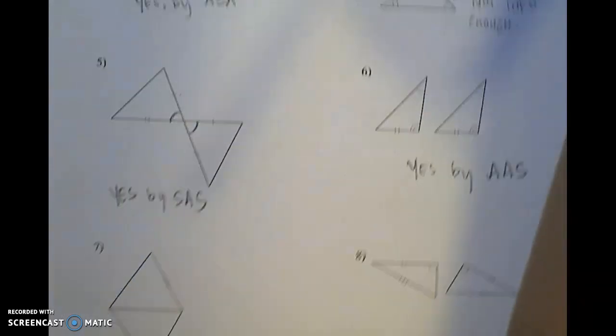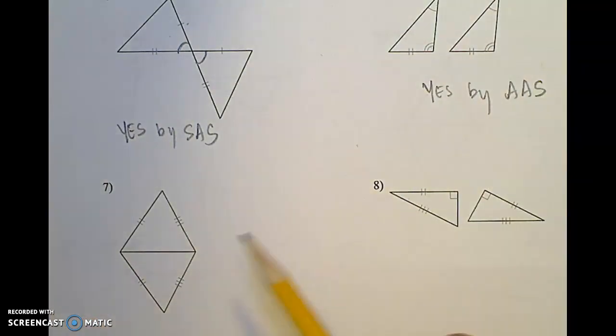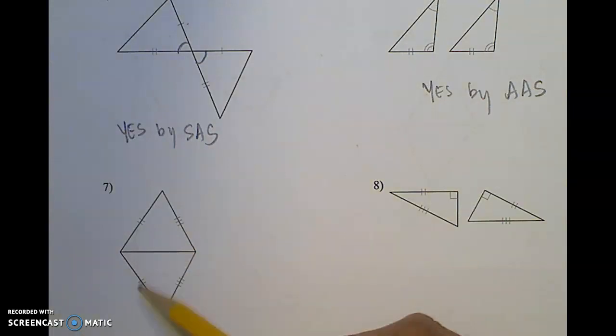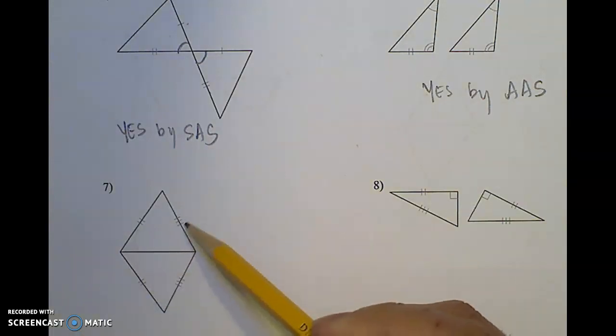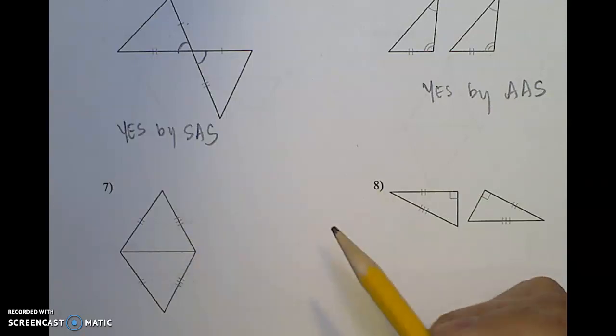Number 7, two triangles. Looking for the markings. I've got a double tick mark here and here. So we have one S. A triple tick mark here and here. That's the second side. So again, that's all we're given. But we can find a third